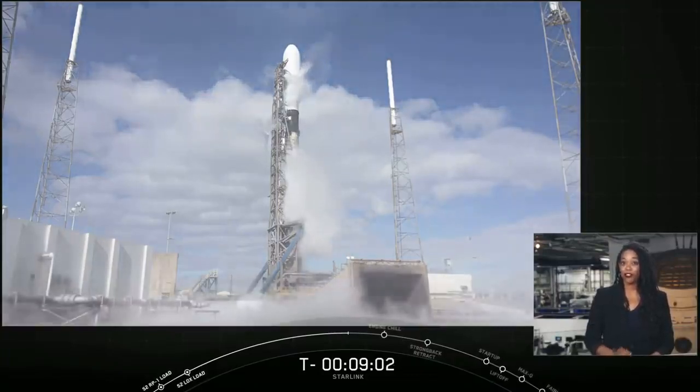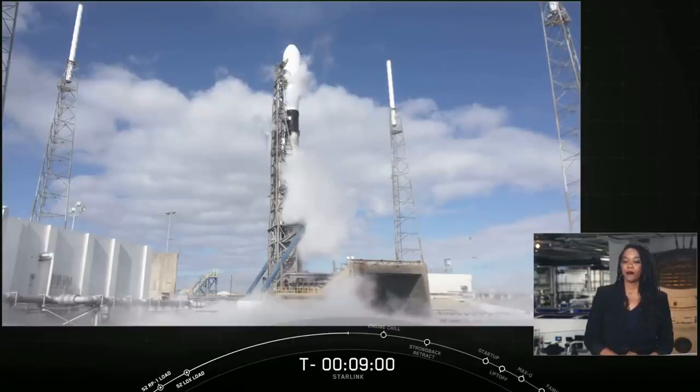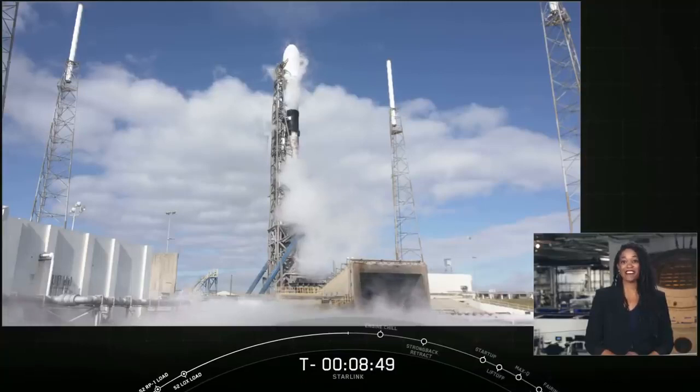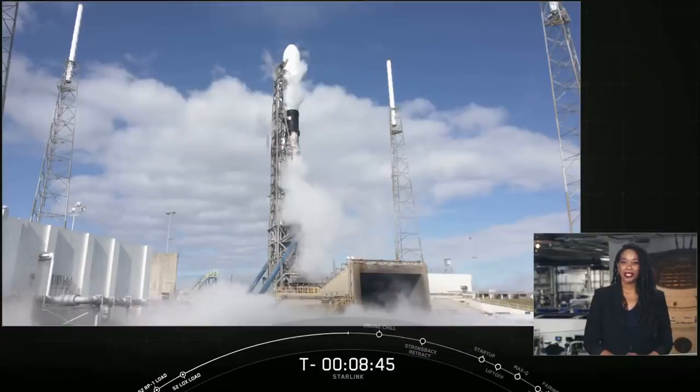Today's mission will be the 4th flight of the booster that you see on your screen. Most recently, it flew back on December 16th, which represents our quickest booster turnaround to date. And if this launch goes as planned, it will mark SpaceX's 80th successful launch and 50th successful landing. On top of that, we will again be attempting to catch both fairing halves with our recovery vessels, Miss Tree